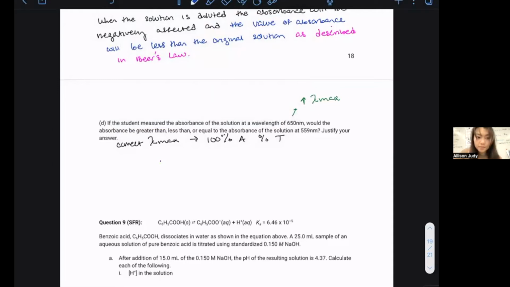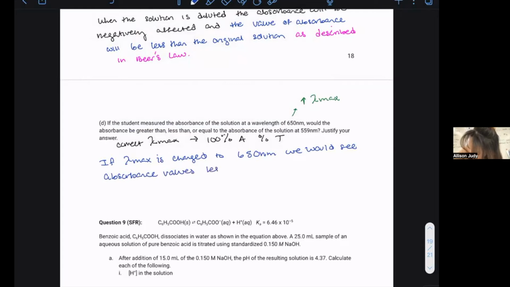So if lambda max is changed to 650 nanometers, we would see absorbance values less than those taken at lambda max, 559 nanometers,